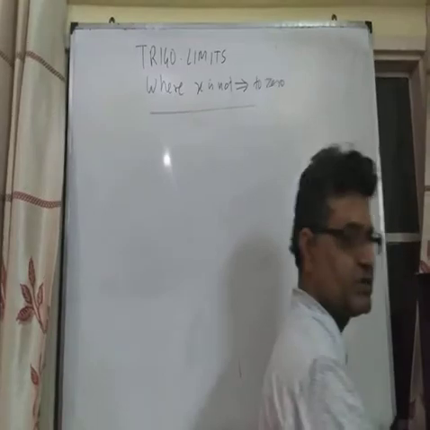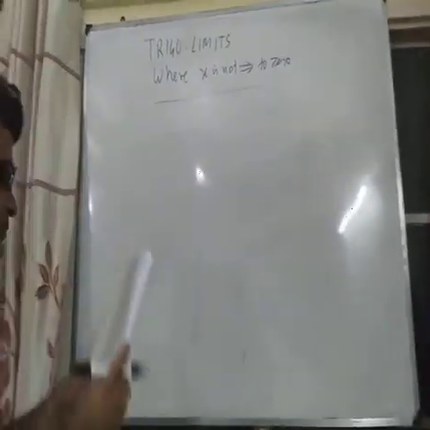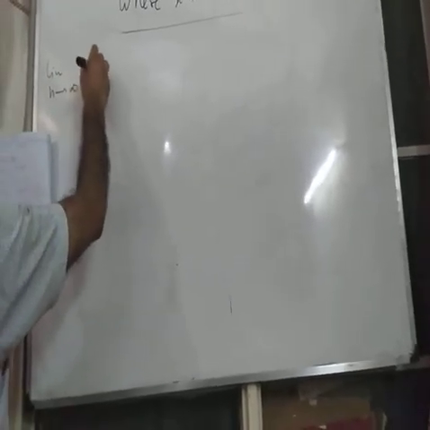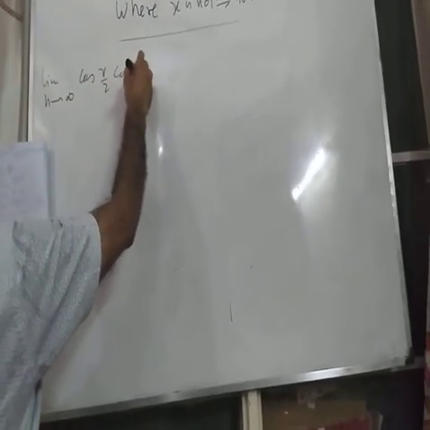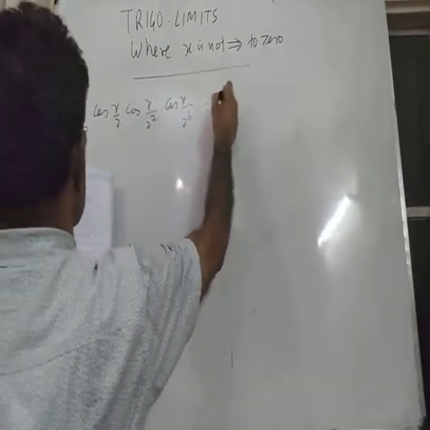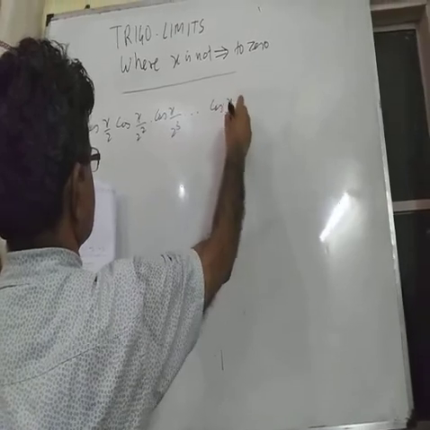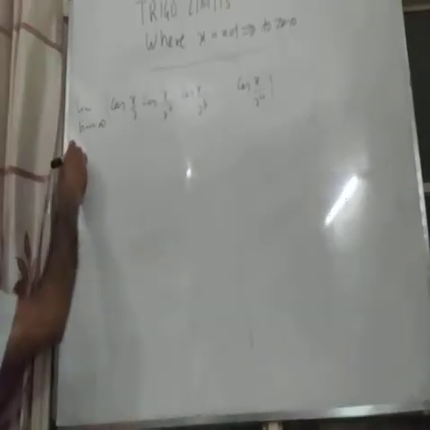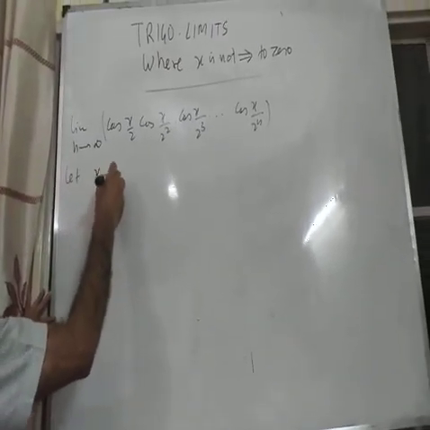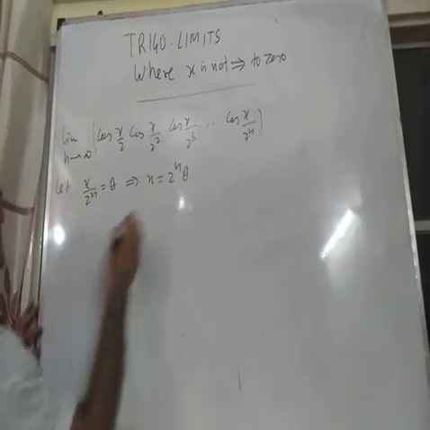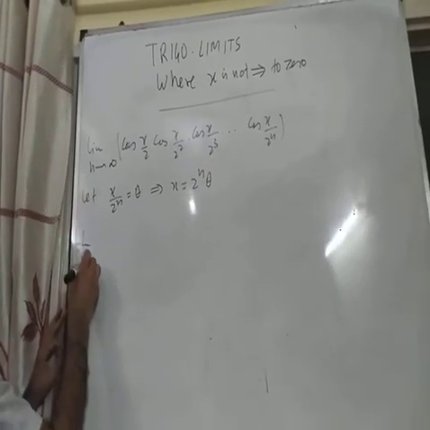Next question is a very good question. You must see it. Limit n tends to infinity, cos x by 2, cos x upon 2 square, cos x upon 2 to the power 3, and this is going up to cos x upon 2 to the power n. Then how to solve this kind of question? So in this question we are taking let x upon 2 to the power n equals theta. It means x can be written as 2 to the power n theta. So this limit will tend towards